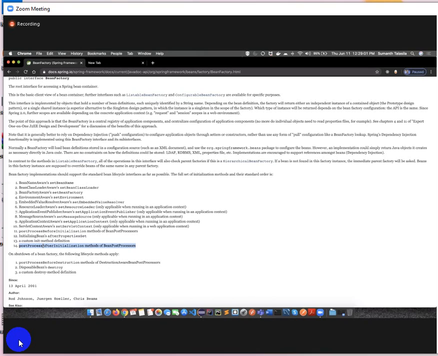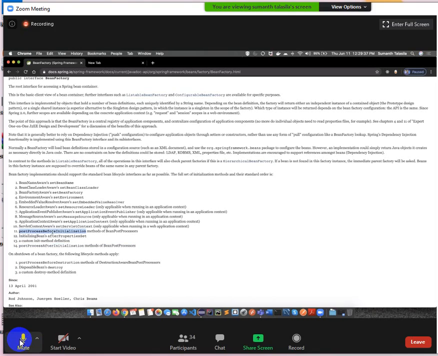So do you understand the total Spring Bean lifecycle methods available? There are 14. The first 10 are aware interfaces. After aware interfaces, we have post process before initialization, post process after initialization, and initializing, which means after property set and custom init method. Don't worry, you will get clarity on them also. I know I have not explained post process before and after initialization yet.